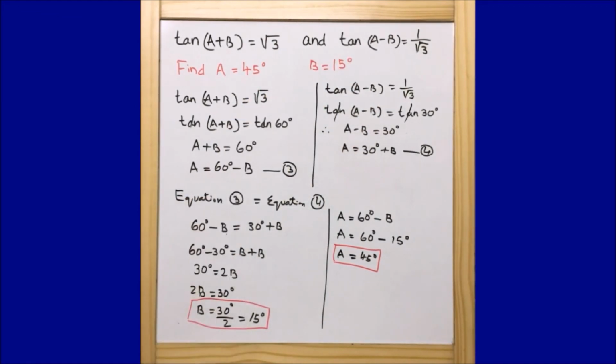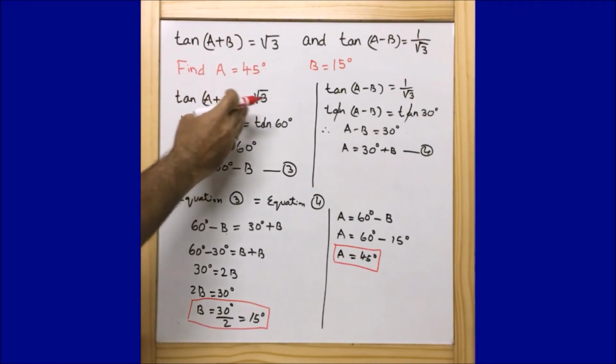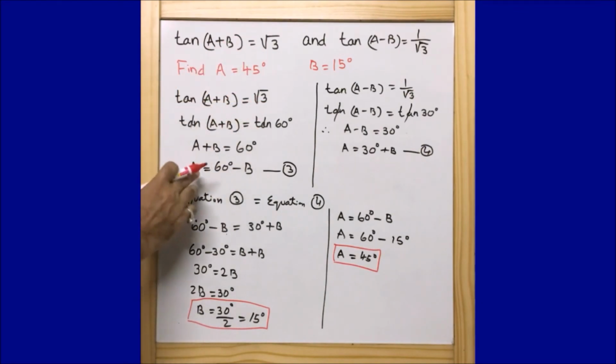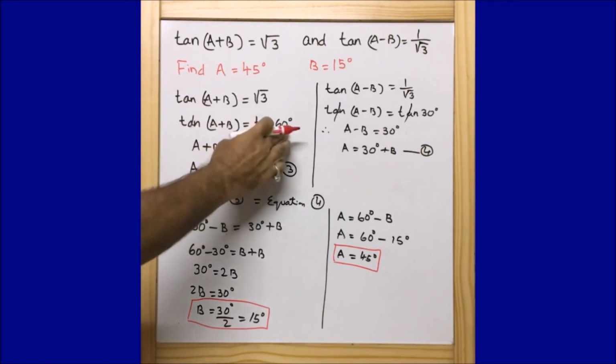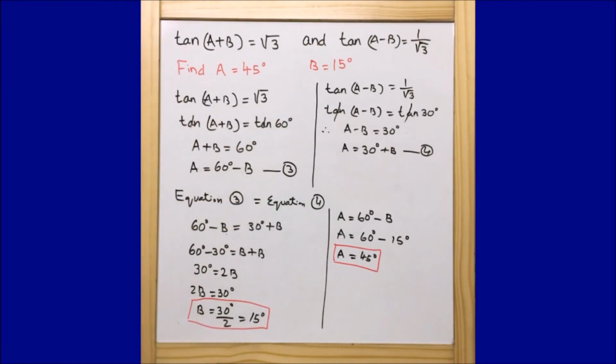That's all guys. Hope you understood this calculation or this process. This process is very simple and very straightforward. We could have directly considered tan(a+b) is equal to tan 60 degree. But instead of that, I tried to explain how easily you can find out even without remembering other trigonometric table values. Just remember the trigonometric values for sin theta and automatically you can derive other values.